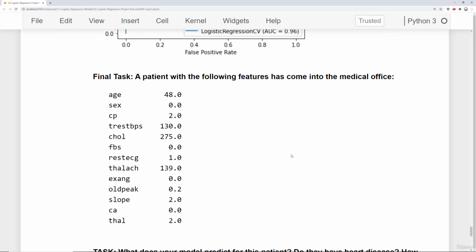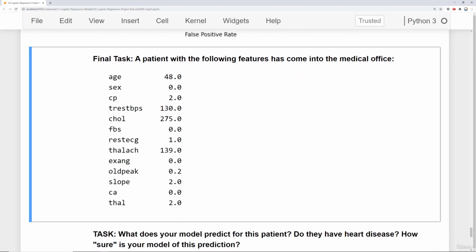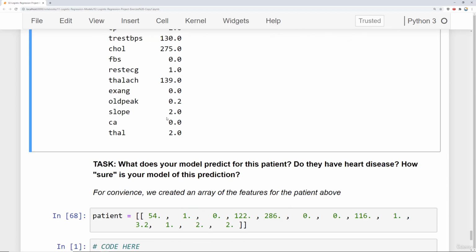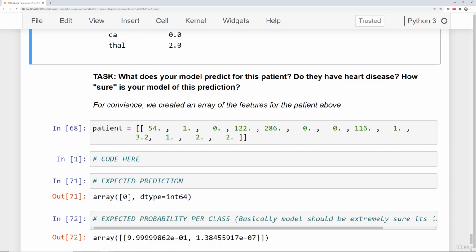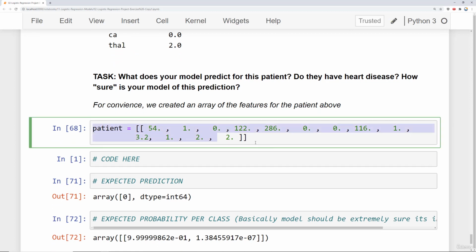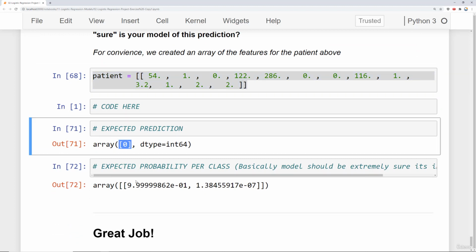And then finally, the final task is we have a patient with these following features, and they've come into the medical office. So you'll go ahead and take your model, and we want you to answer the question, what does your model predict for this patient? And for convenience, we actually set up this array for you to pass into your model, and you should predict that this particular patient is class 0 with a very high